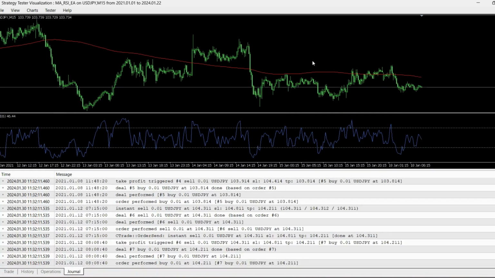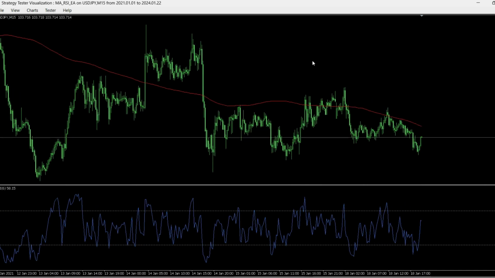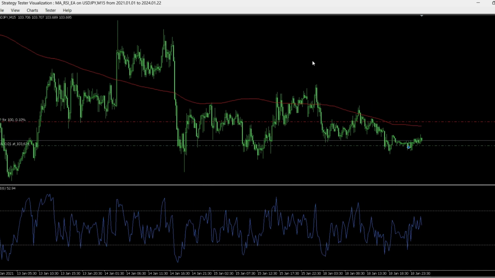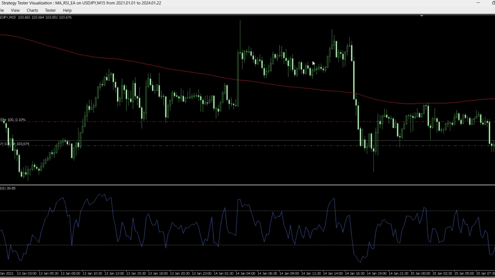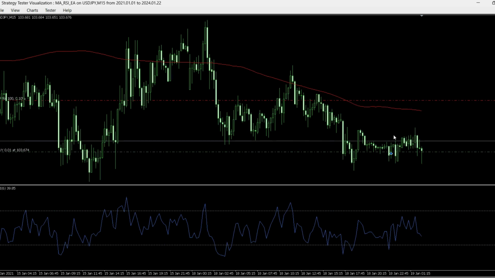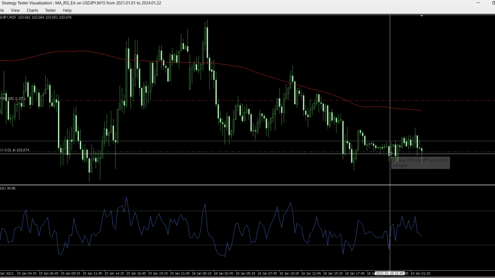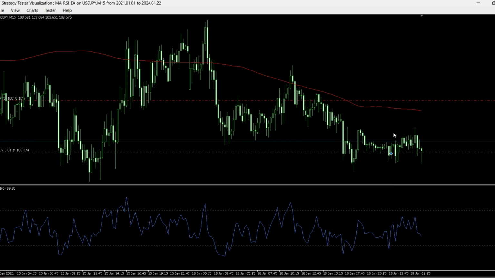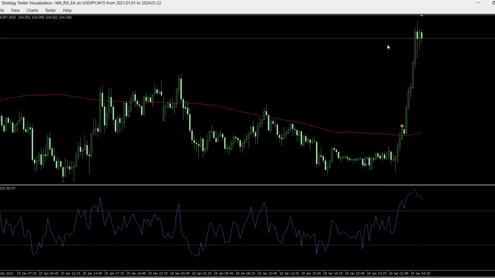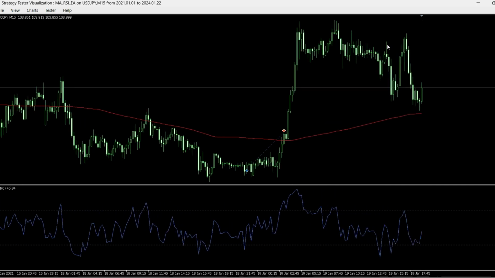Okay, it seems like there is some issue with my code, so I will check it in a moment, but you can see that we have entered our position right here,